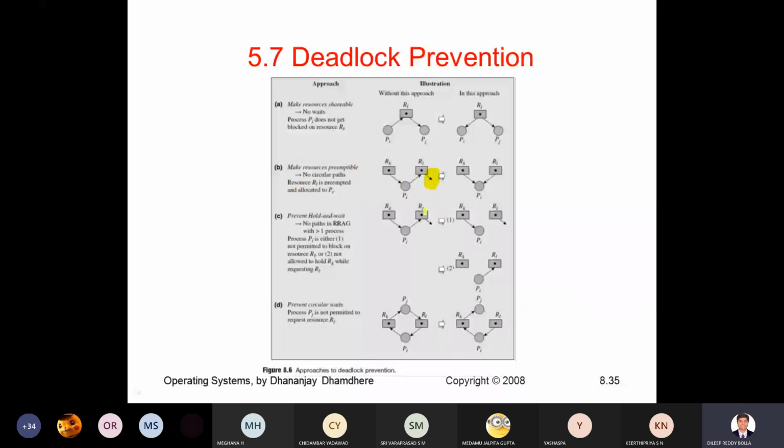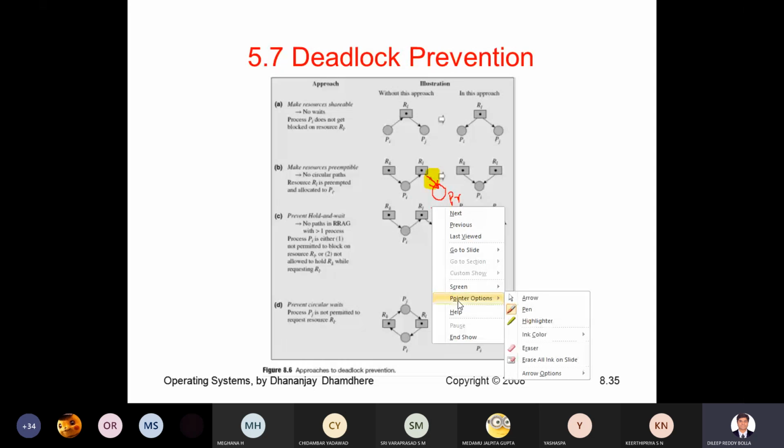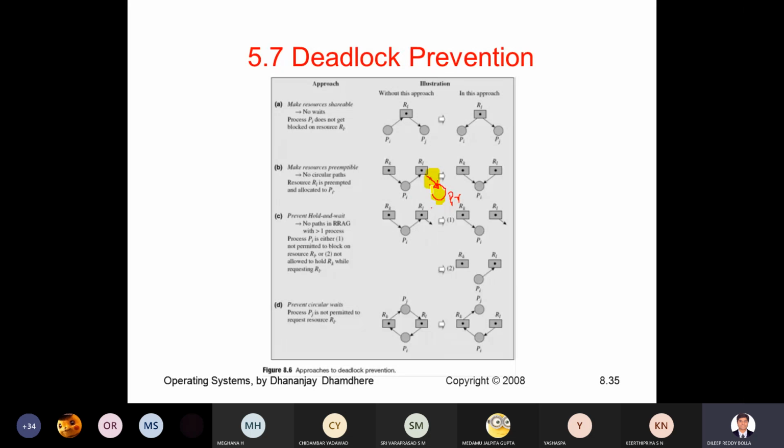Let us assume we have some process Pr. This resource Ri is given to this. As it is given to this, this will not be able to get the request. So we are trying to avoid this portion. That's the process. So see here, there is nothing. It's been avoided completely.